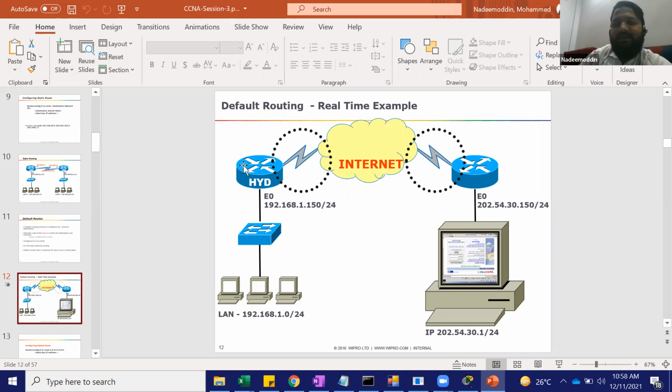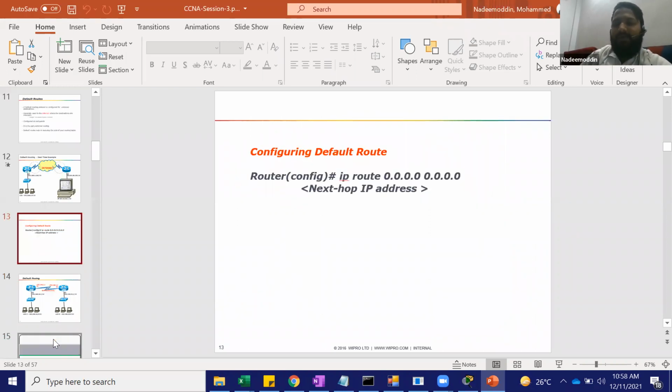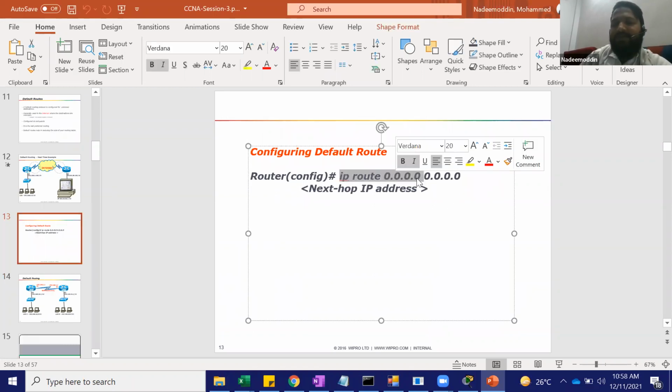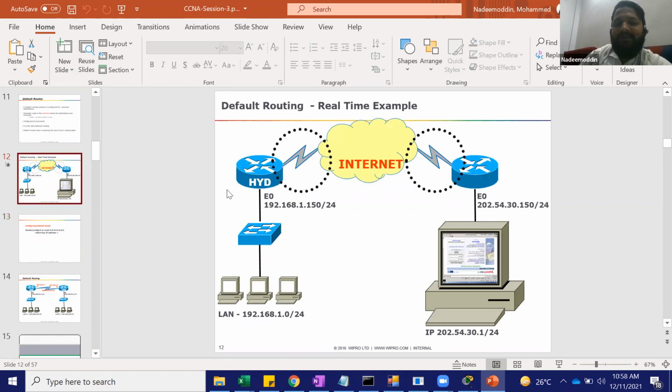That's why, whenever the destination is unknown, we use a default route. And we say ip route 0.0.0.0, meaning any network, any subnet mask, please go to the next hop. Generally this points to your office.